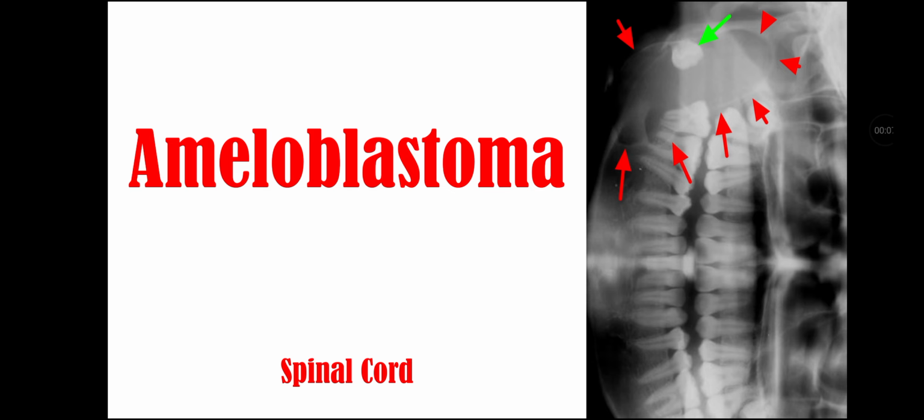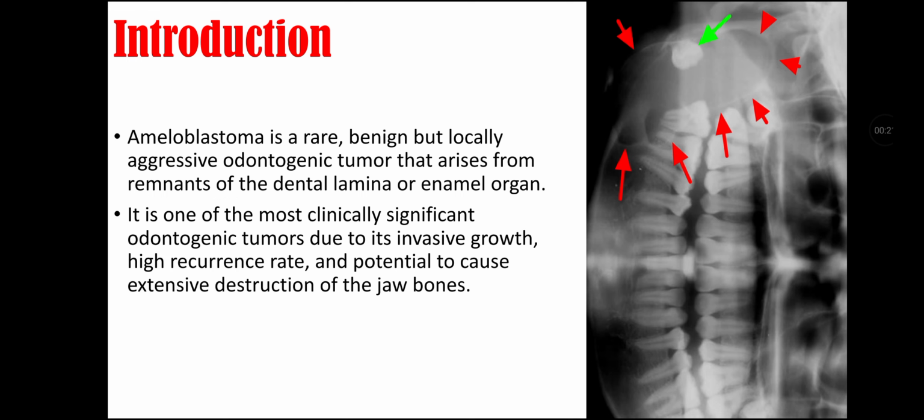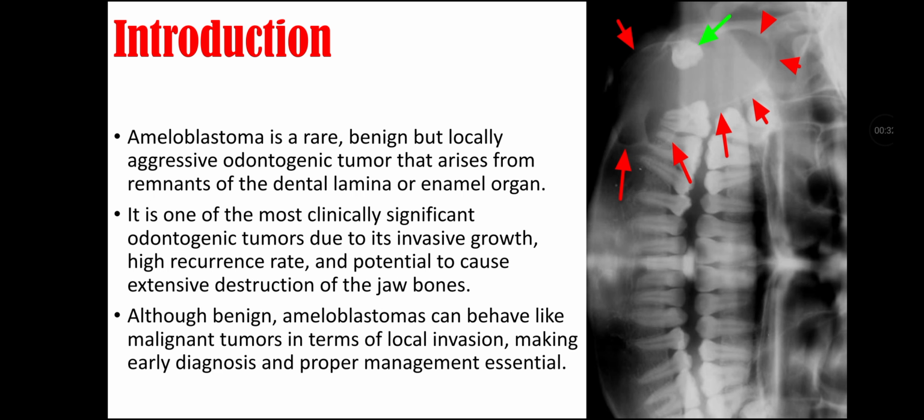So let's start our topic with the introduction. Ameloblastoma is a rare, benign, but locally aggressive odontogenic tumor that arises from the remnants of dental lamina or enamel organ. It is one of the most clinically significant odontogenic tumors due to its invasive growth, high recurrence rate, and potential to cause extensive destruction of the jaw bones. Although benign, ameloblastoma can behave like malignant tumors in terms of local invasion, thus making early diagnosis and proper management